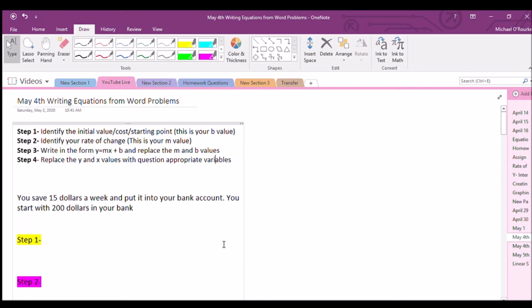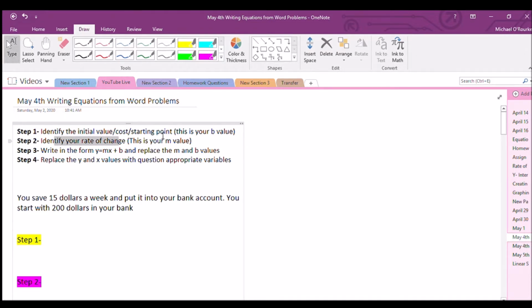Alright, so today we're going to work on writing equations from word problems. I know we did this last week for a little bit, but we're going to practice it more because we're going to do just word problems this week. So first thing we want to do, after we read our word problem, is identify the initial value and identify